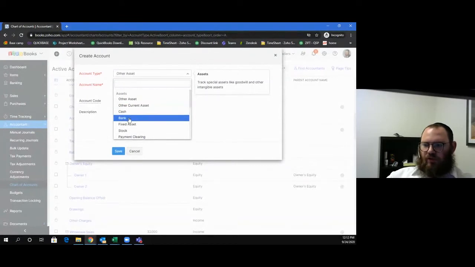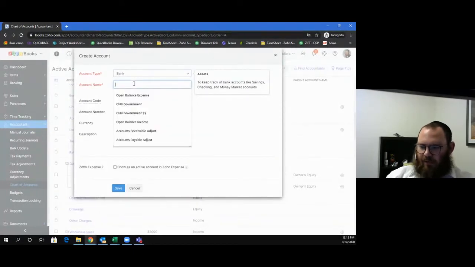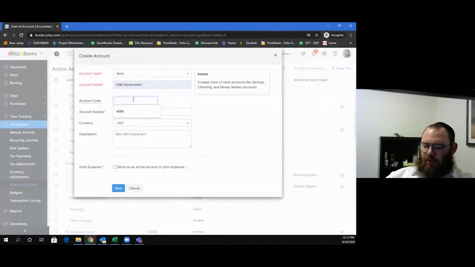So let's say we just got a new bank account, and we're going to call it CMB Government Bank, and we're going to call it 1250. And we could also put an account number here, but the account code is what would be used for the reporting. And Zoho Books has a